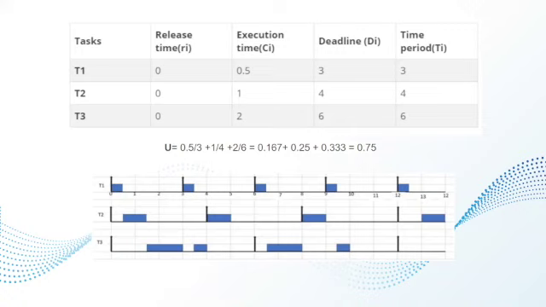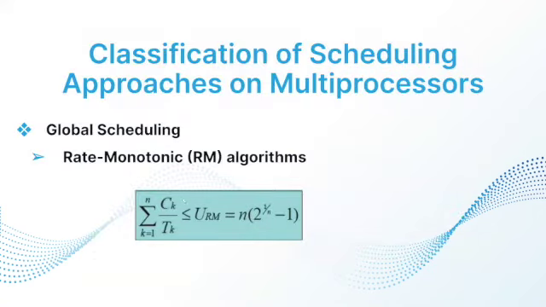The equation used to satisfy the condition is actually explained on the previous slide. It is explained over here, if you can see my mouse. And the equation states that C over T stands for the execution time over period, and N is actually the number of tasks in the task set.